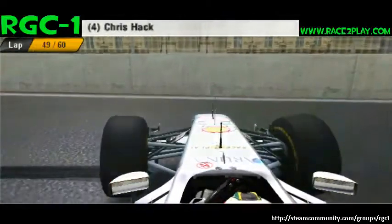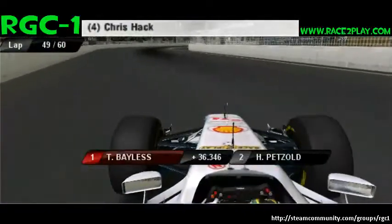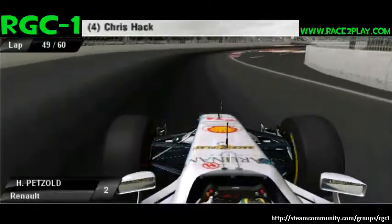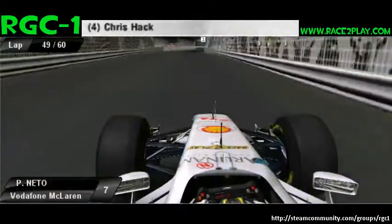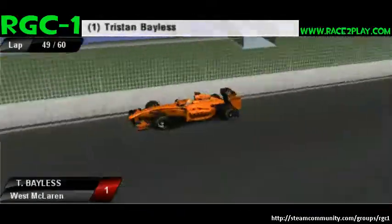Oh, he got a little too much curb on the chicane, just flat spun it. Got the car upset, and it did not like that. Yeah, a little oversteer. You know, these cars are so...